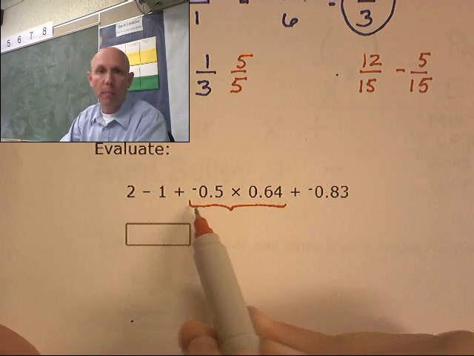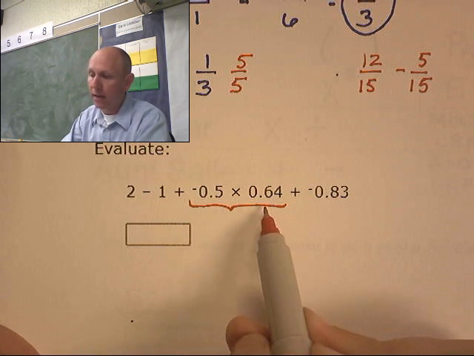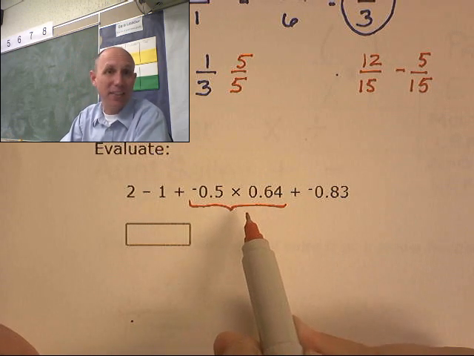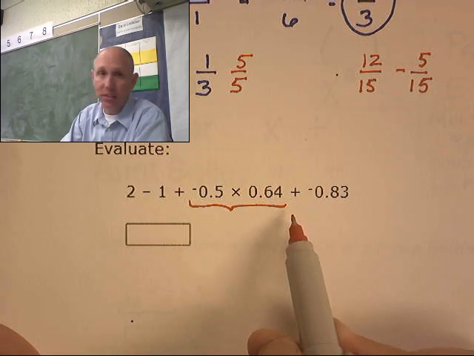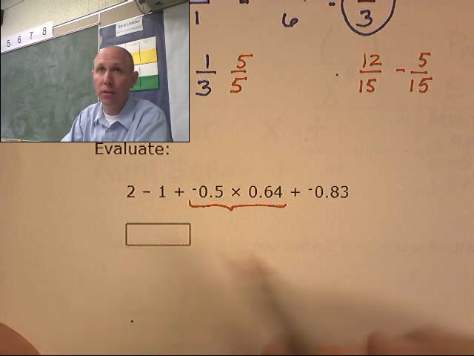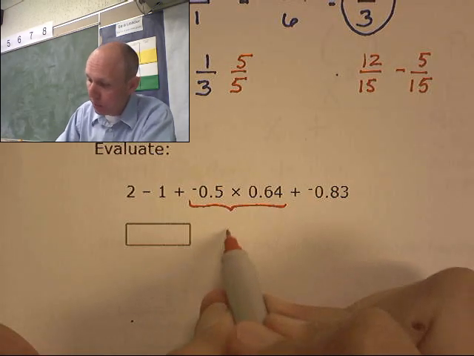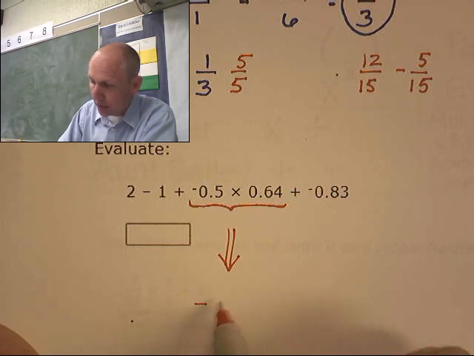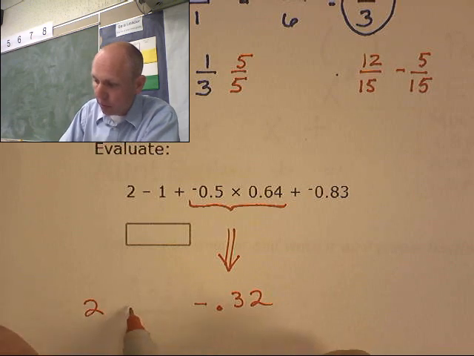I need to know what negative 0.5 times 0.64 is. Well, 0.5, that's a half, isn't it? So what's half of 64? Half of 60 is 30, half of 4 is 2, so 32. So what this becomes is negative 0.32, and the rest of the problem